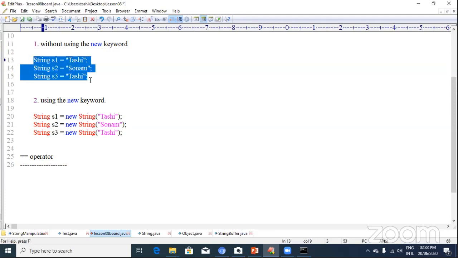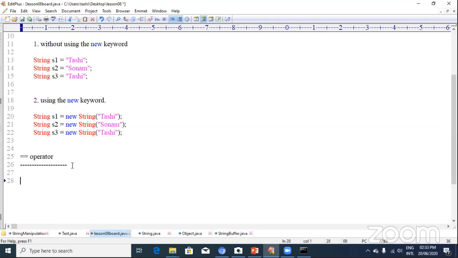For this, without using the new keyword. Now let's say when we do s1 equal to s2, so what will it be? This equal to operator's return type is always boolean, okay? So when we do s1 equal to s2, what it will return is, so here if you see s1 and s2,